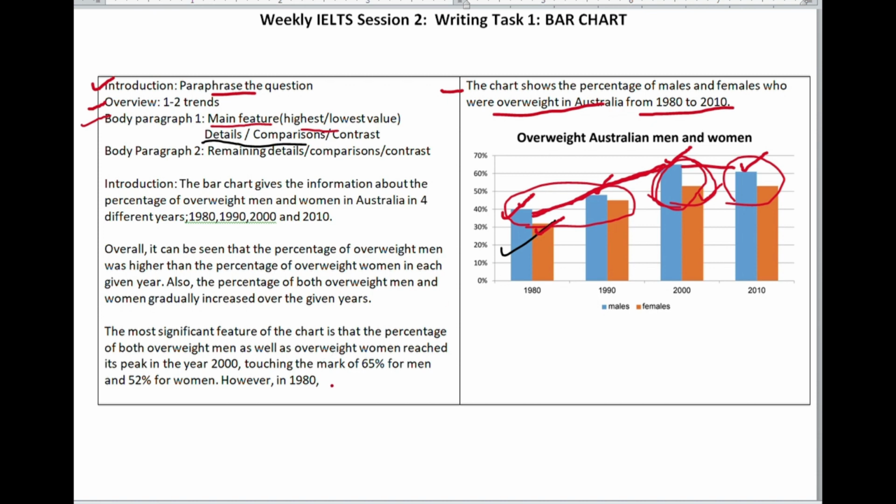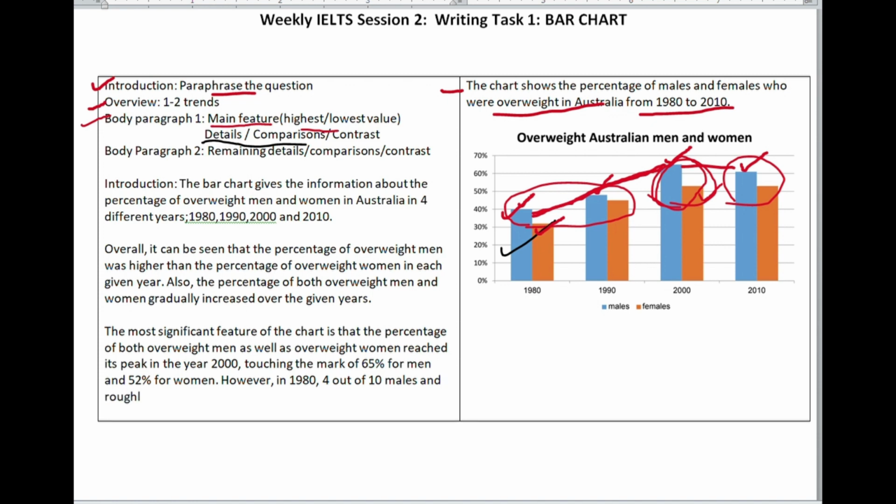So coming to details, in 1980, 4 out of 10 males and roughly 3 out of 10 females in Australia